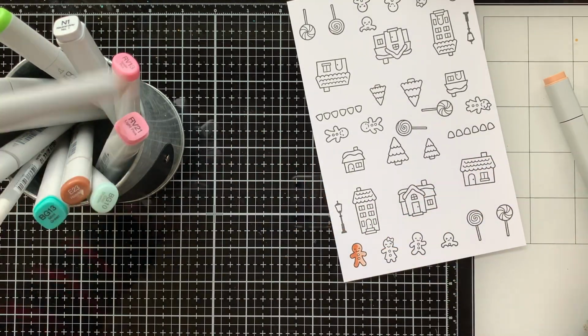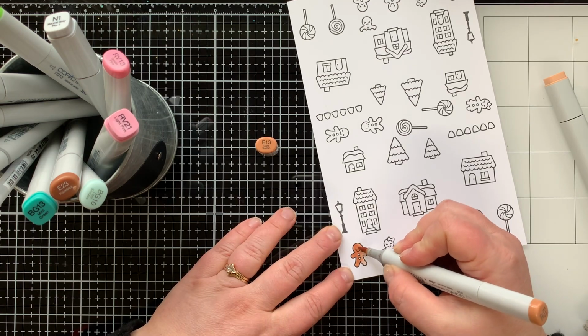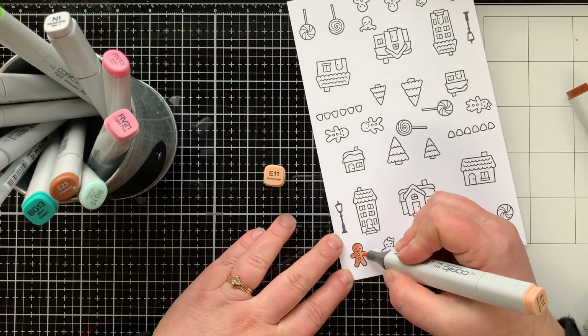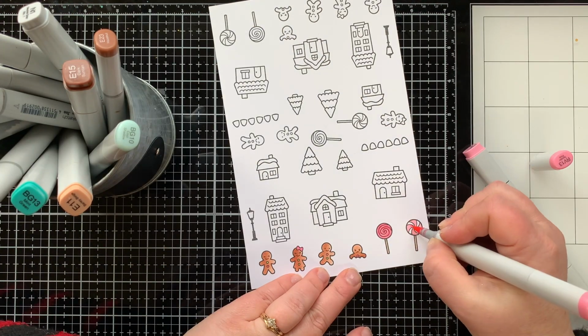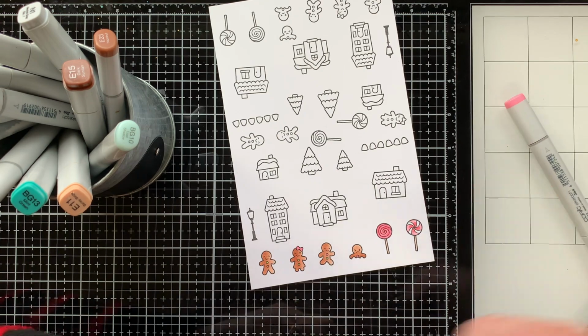Here's how I color out my gingerbread men. I start with E11, my lightest color, come in with E15, blend that out with E13, and then again with E11. I have 2 different shades for my pink, my green, and kind of my,